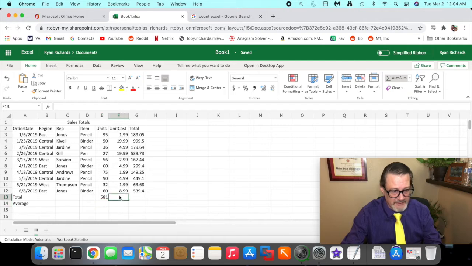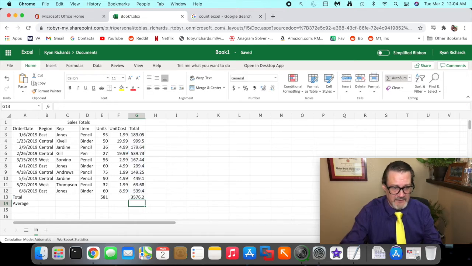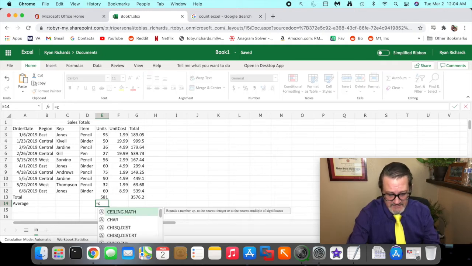And we don't need to really total a unit cost, but let's go ahead and total the total amount of money made. AutoSum. Done. Now what if I want an average? In order to know an average, I need to know how many of these there are. Now I could just put in 10, but let's say that it's going to change, so I want to keep up with that change. So I'm going to put equals count,